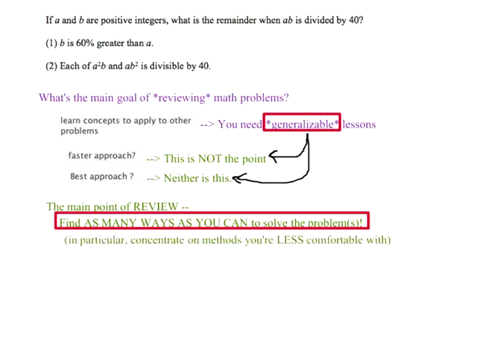Because that's the point. You're actually building a skill set. So for example, if you really like using algebra all the time, then if there are non-algebra ways to solve the problems, that should really be what you're hammering when you review these things. Because you're trying to build a better and more diverse skill set. So just make sure you keep these things in mind. Because what a lot of people do when they review problems is they just go over the problem in exactly the same way they did it the first time, which is not really going to help anybody. If you're just reinforcing things that you're already good at, then